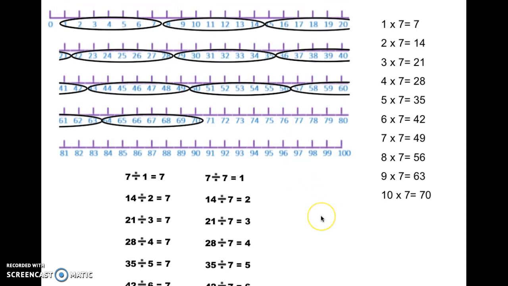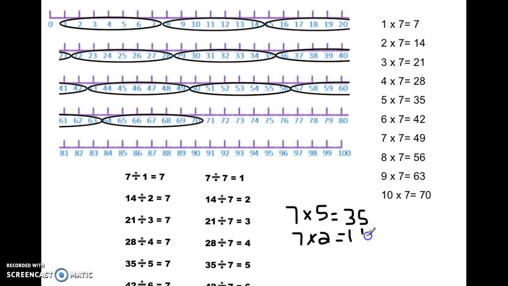One of the great strategies is using your 5s, right? Let's say I'm trying to figure out 7 times 7. If I know 7 times 5 is 35, and I'm stuck at how to get to 7 times 7, all I have to do is think, okay, how many more sets of 7s do I need? Well, I've done 5 sets. I need 2 more to get to 7 times 7. So if I do 7 times 2, which I also know equals 14,